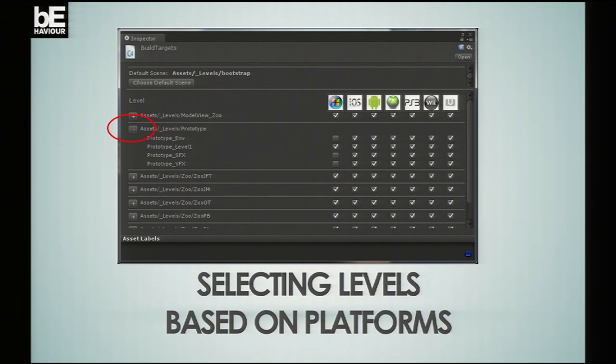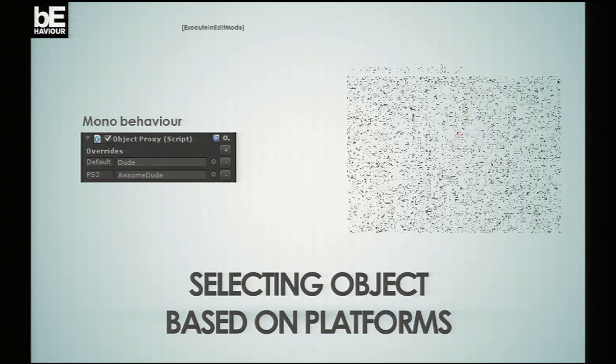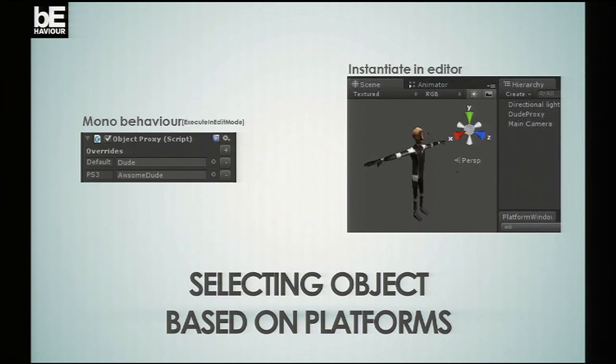So what we do for it is create a simple MonoBehaviour. Instantiating an object at runtime inside a game is a common thing. It's only a spawner: you call Instantiate on your game object. The beauty of Unity is that everything can also be done inside the editor. You only have to add ExecuteInEditMode. So that way you are able to instantiate in the editor.